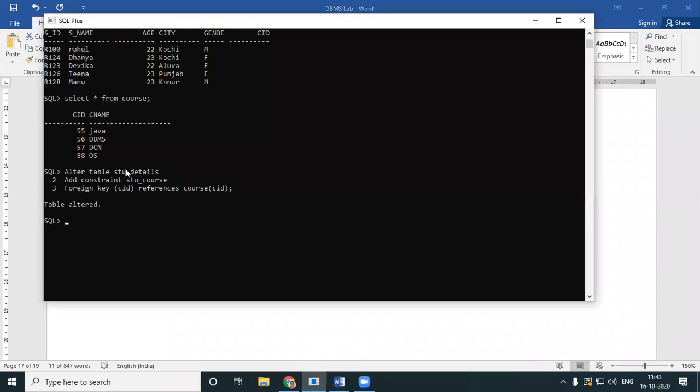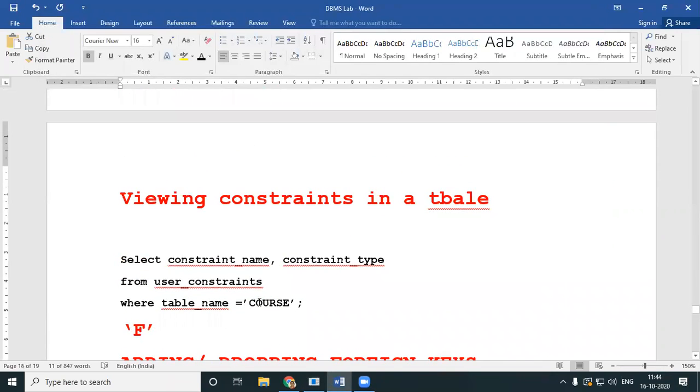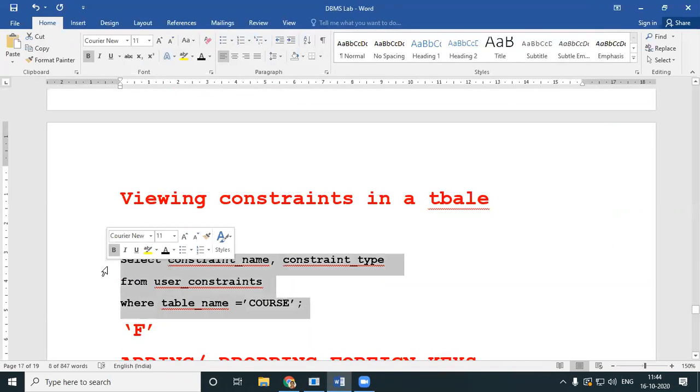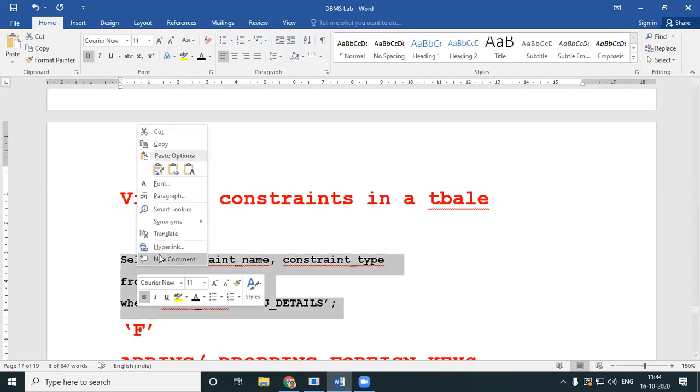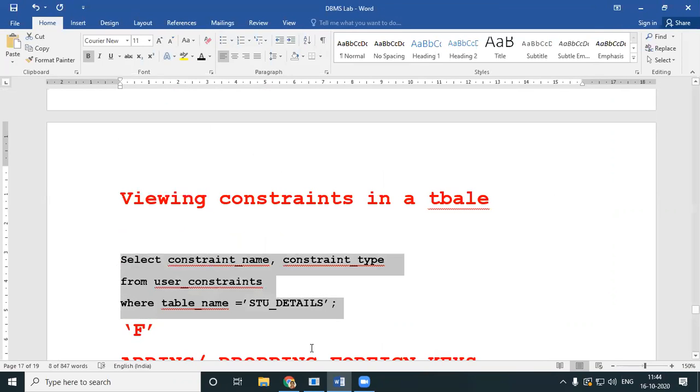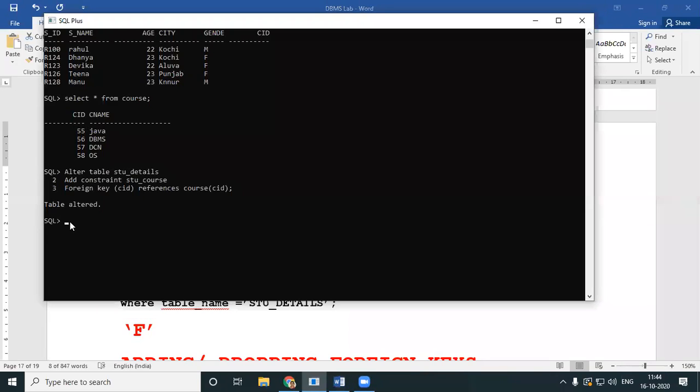The table has been altered. I'll just check my constraints. Student details, I've set the foreign key. So I'll just check my constraints in the student table. Look here.